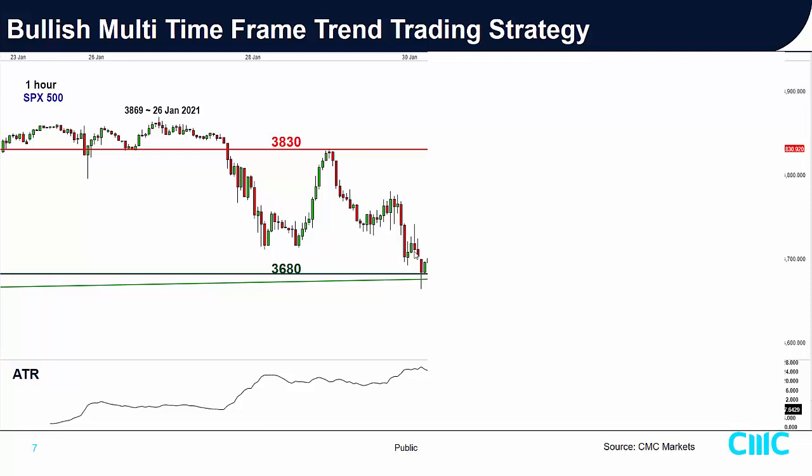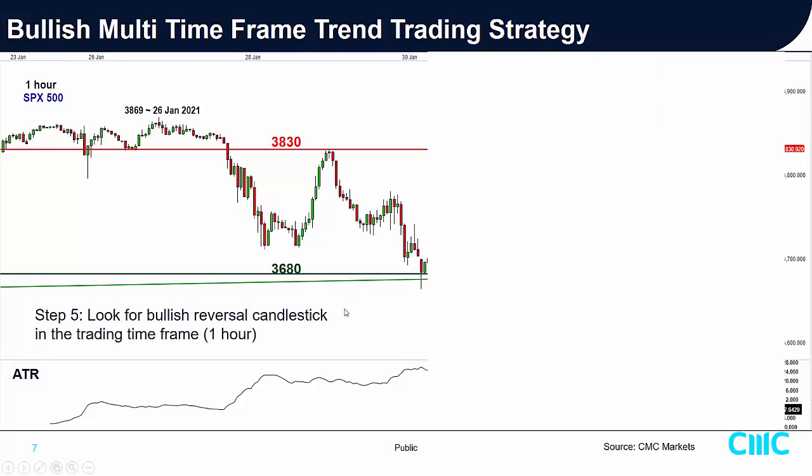So the higher time frame is for us to determine the trend, to determine the exit level, to determine overbought or oversold condition. In this case, bullish will be oversold condition. And second, the lower time frame is where we decide when to pull the trigger. That means when we actually execute this bullish multi-time frame trend trading strategy, which is on the 1-hour chart itself. On the 1-hour chart, I will patiently wait for the appearance of any bullish reversal candlestick